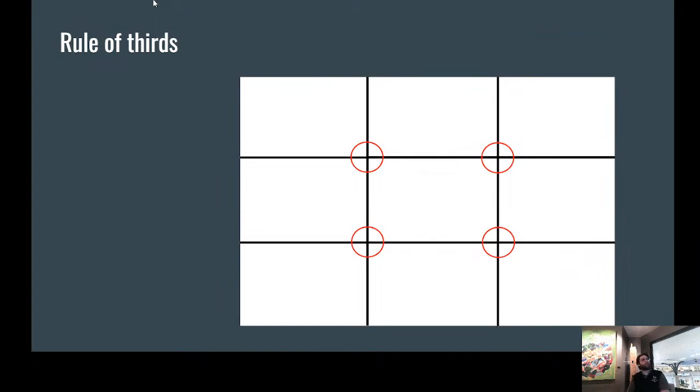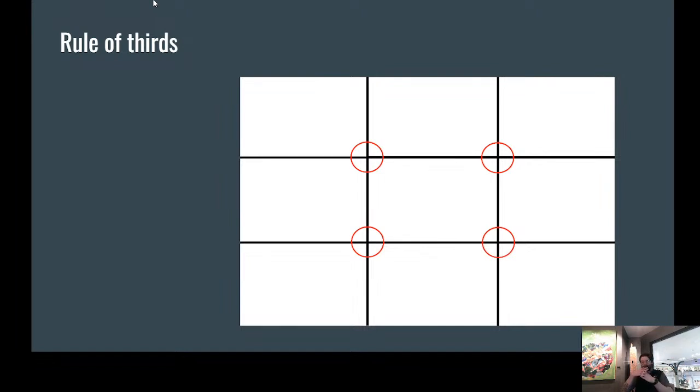Breaking down the rule of thirds a little bit, so we talked about having the eyes in the top third of the portion. This is what we are looking at when we break things down into thirds. So we have a top, a middle, and a bottom, or we have a left, center, and a right, all dependent on how we're looking at it and how we want to break up the thirds. There are,